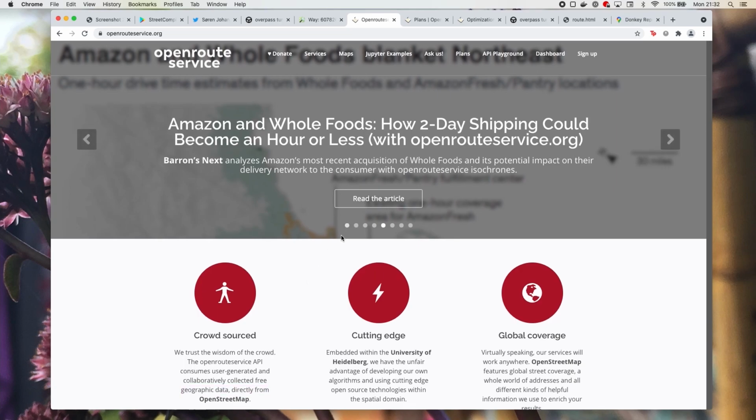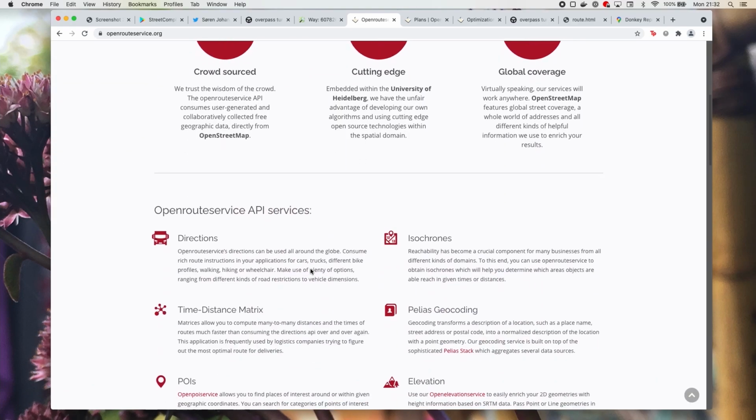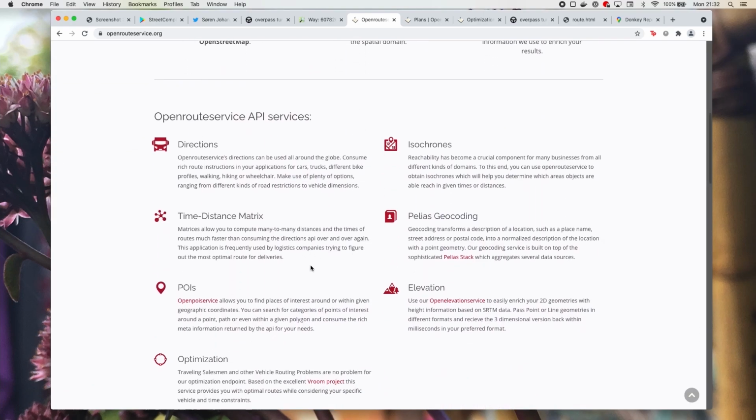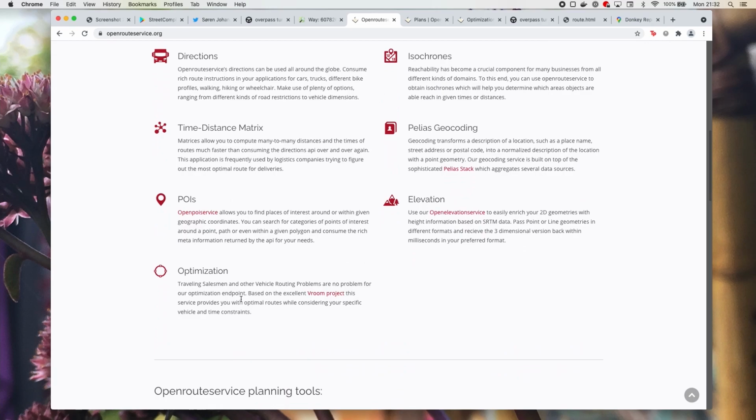and it does a lot of cool stuff with OpenStreetMap data. You can use the APIs for all sorts of stuff. You can do directions, elevation. There are some optimizations you can do as well for routes, and that's exactly what we want. They use something called VROOM, which is an API, but they host it, so you can just ask their servers, and they have really generous plans.